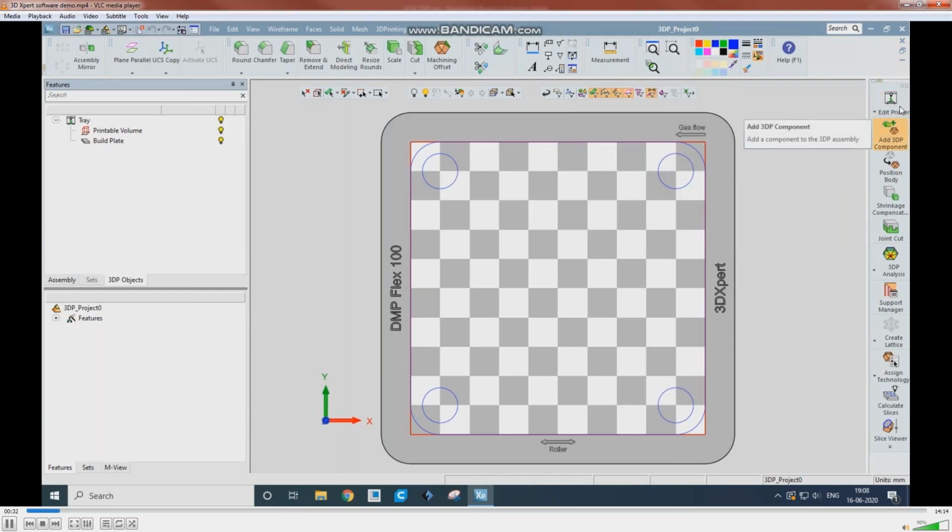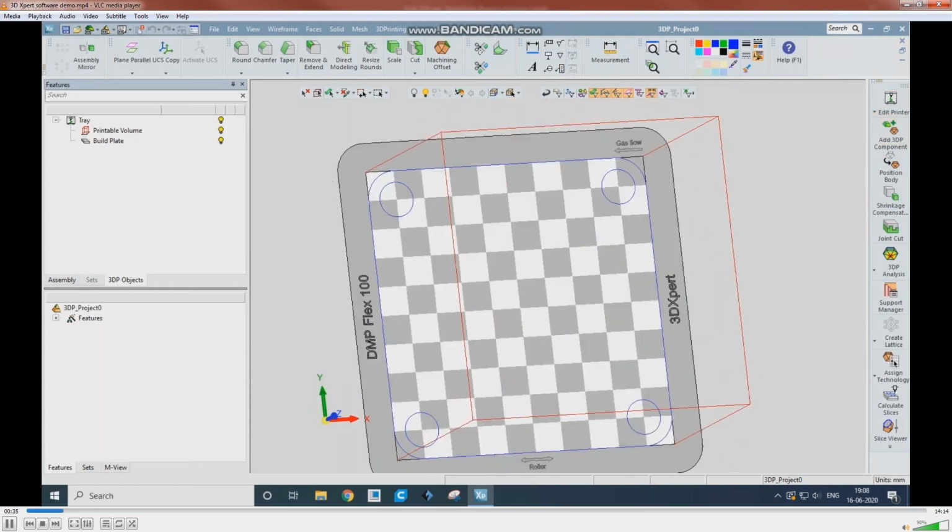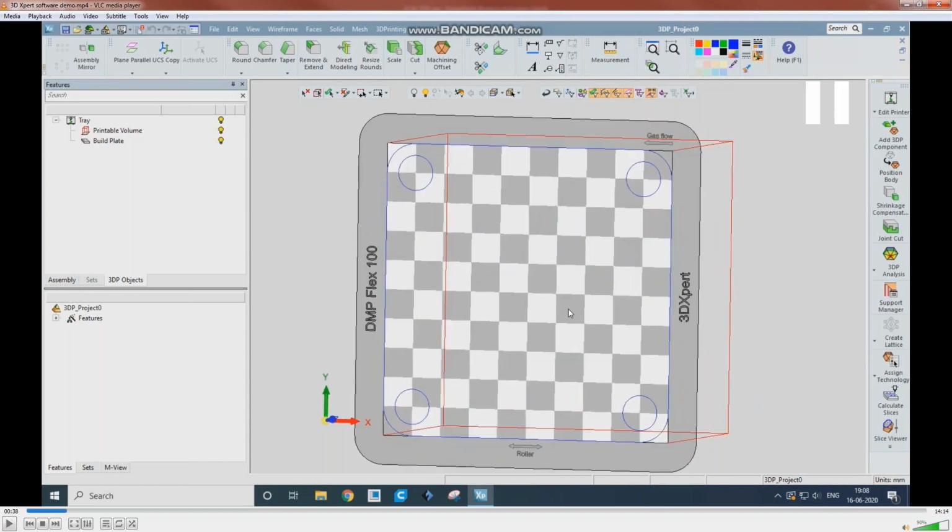I have given some inputs here, and then I add the 3D printing component. See here, you can see the roller. Just hold on. Listen, guys. Here, you might be aware of the powder bed technology. What happens in the powder bed technology? On the left side, the powder will be lifted, and the roller will push the powder to the build plate, and then the laser will scan here. Then the powder will be solidified. This is the powder bed technology principle.